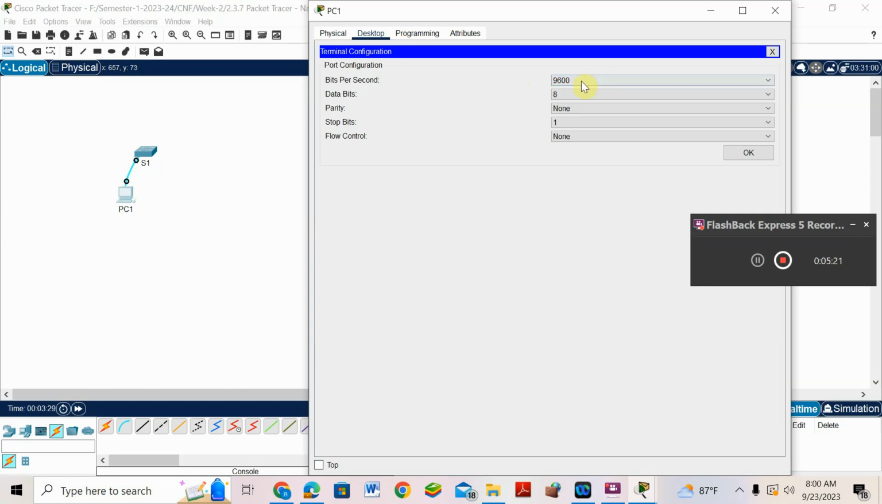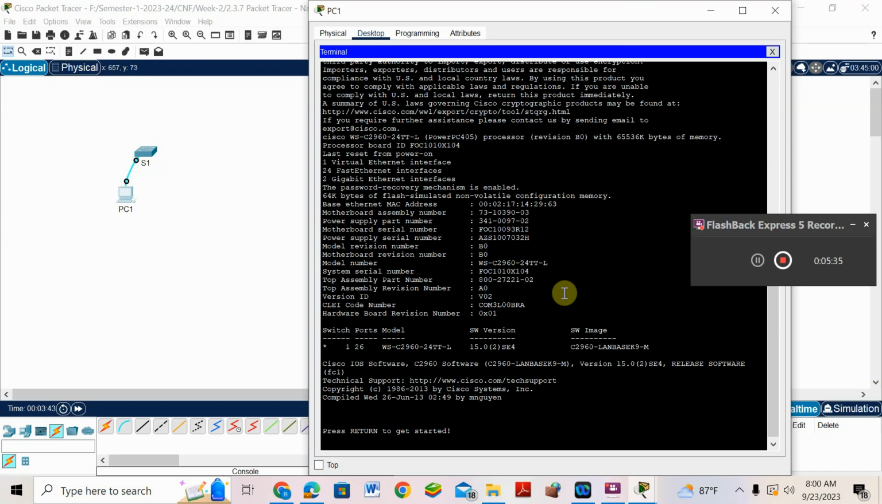How many bits per second are transferred? 9600. Data bits 8 bits, parity, and stop bits 1. So here just check the 9600 bits. That's the bits per second transfer. Click OK. Now press enter. If you don't see anything there, just the blinking of the